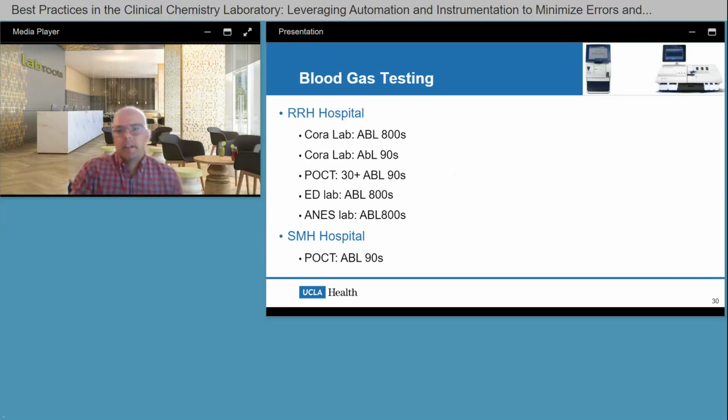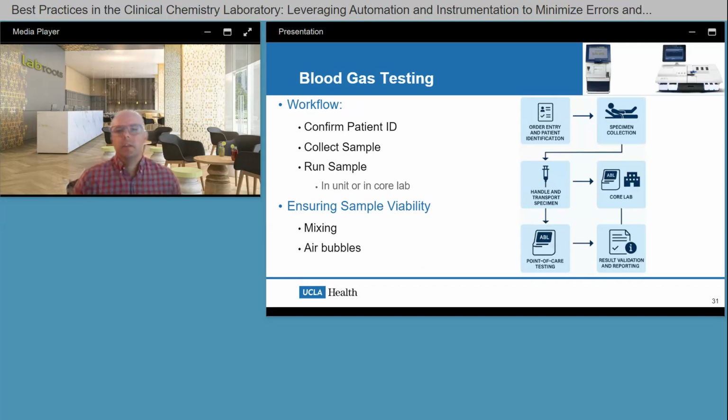These are instruments that are widely used in our healthcare systems, particularly in the hospital settings. We use them in our core labs, we use them in our point of care, we use them in our different clinics within the hospital systems. And just like with most types of testing, the workflow here is that